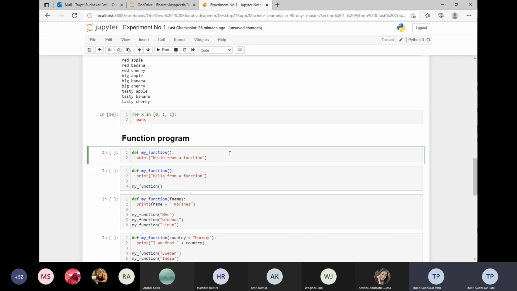Okay. Now this is one way of defining a function. This is the definition: def my_function colon, print hello from function. Just a simple word I am taking. कोई ज़्यादा ये नहीं लिया है.